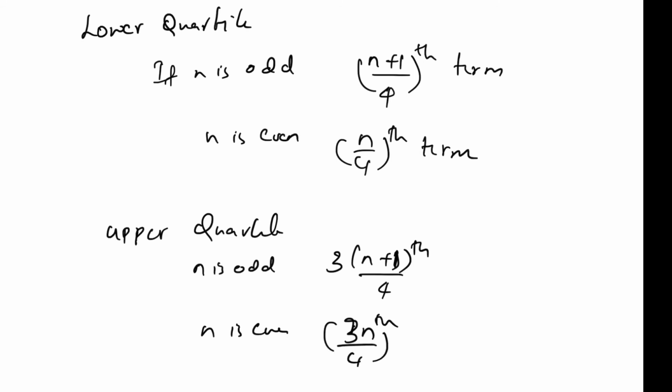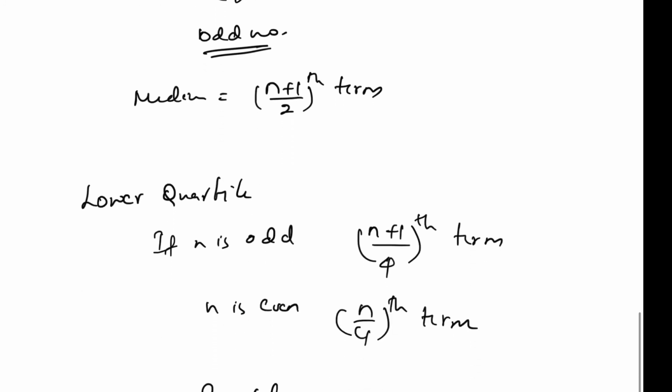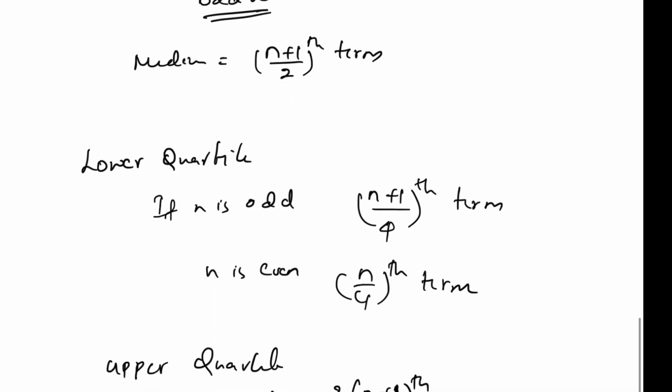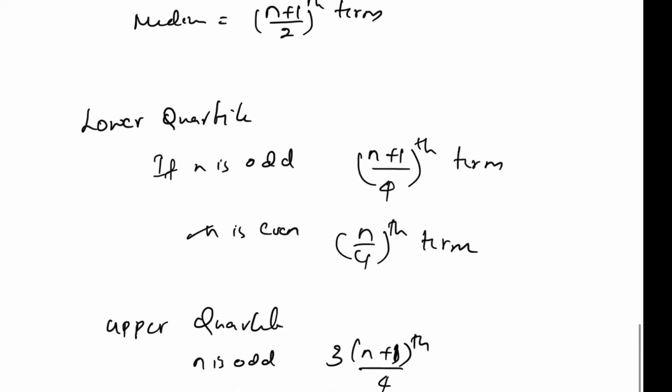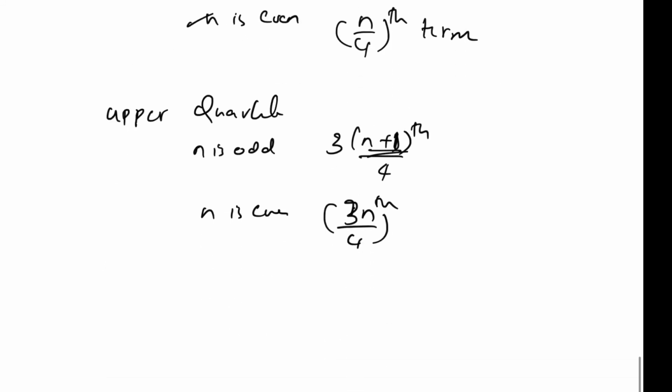So always remember, for the median you have n by 2. Even means all n by 4. If it's odd, you have n plus 1, but only these numbers are changing. So the formula is the same for even and odd, only the n and n plus 1 is changing. Hope it's clear, children. So with this, try doing it.